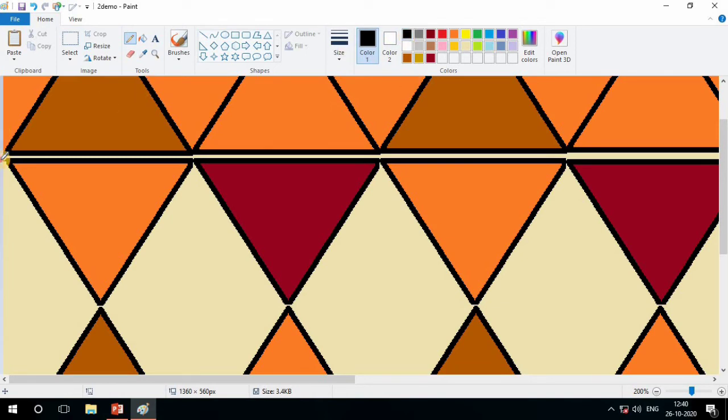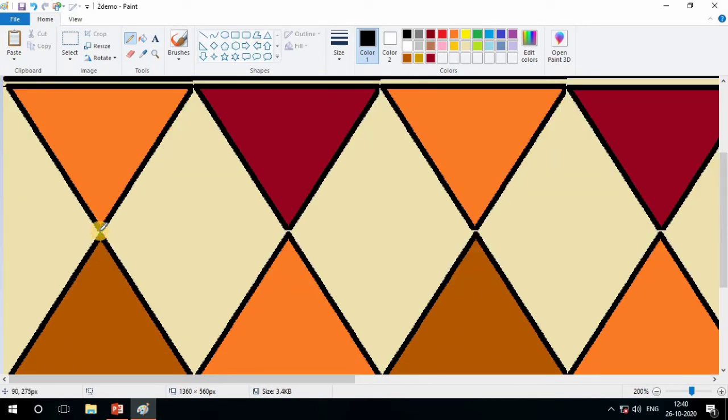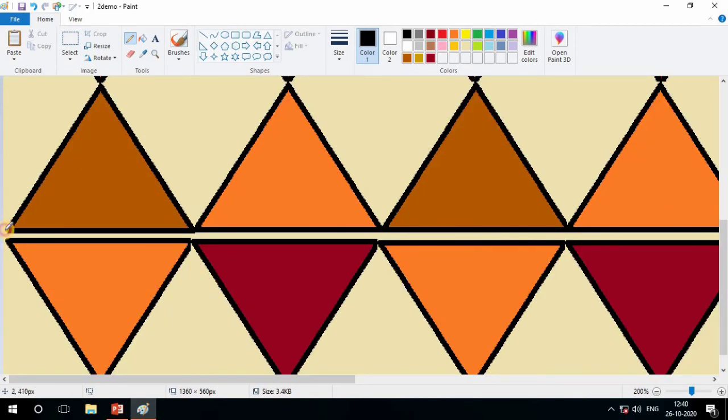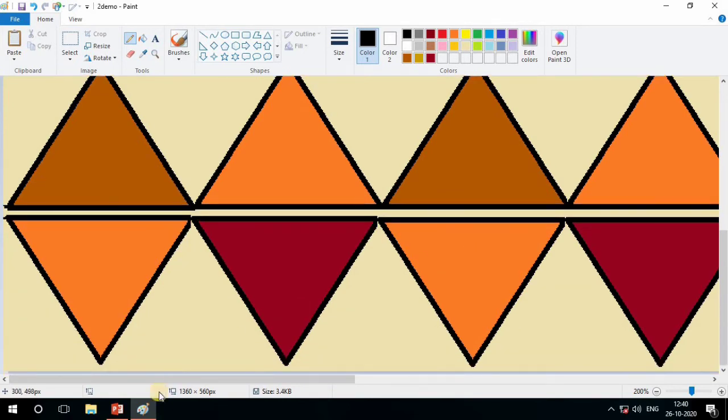Now see. You can just fill the gap. You can see here a gap, so we just have to fill it. So the color will not change in all the other edges. Yes, see here also a gap, so with this pencil, fill here, here also. Now see here is also a gap, so fill it here. So the color does not go outside of the shapes.